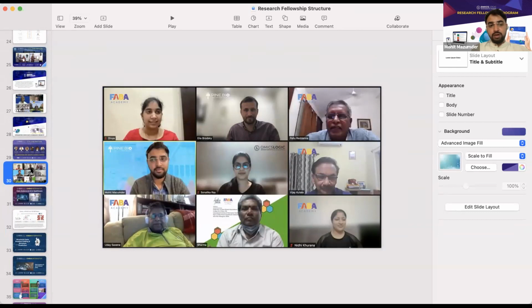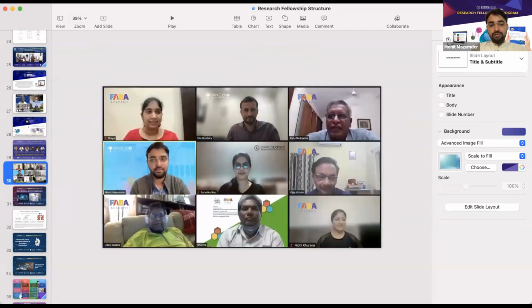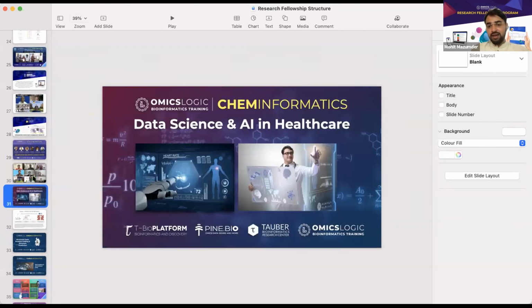And we met with people here, as you can see on the screen, that are leaders in industry, leaders in biotechnology. They are represented in big pharma companies, and they're also working with AI and drug discovery. So one of the objectives of this collaboration is to be able to develop resources in data science and AI in healthcare. And I'll be working very closely with the group of people here, developing technologies and resources for students, and also giving students an opportunity to work on projects